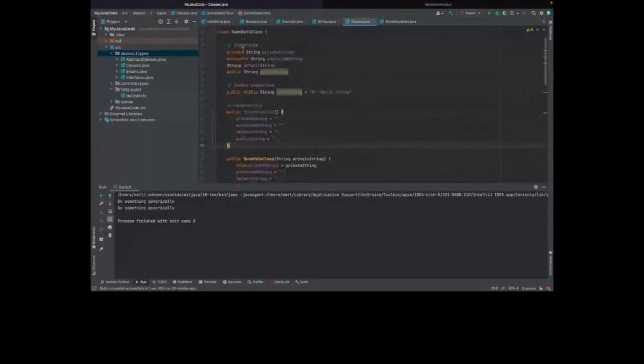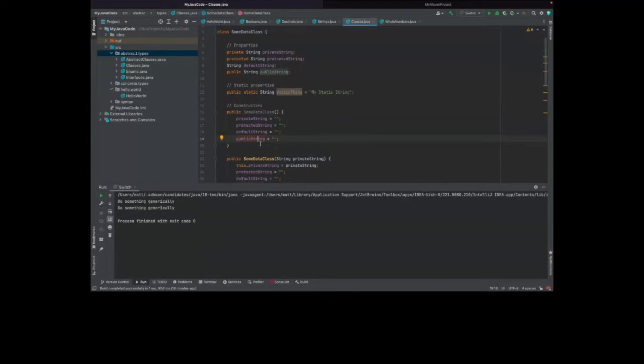We then have constructors. If we have this class as a blueprint, then the constructor is essentially the function that's going to take the blueprint and produce the object for me. If SomeDataClass defines the blueprints for a house, the constructor is like the construction worker who is going to actually look at these blueprints and build me a house according to the blueprints.